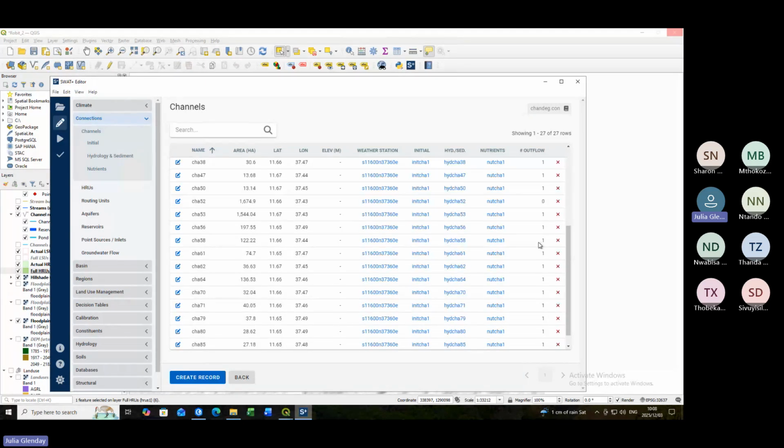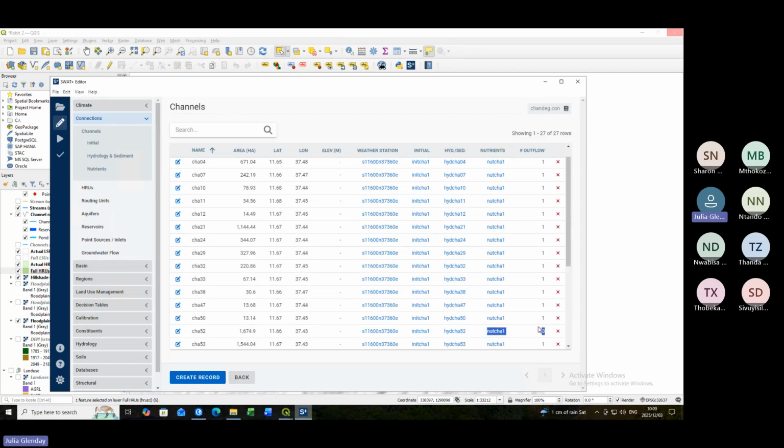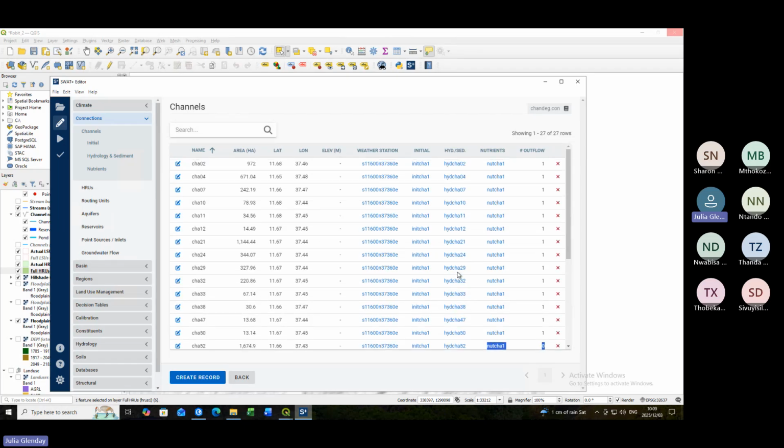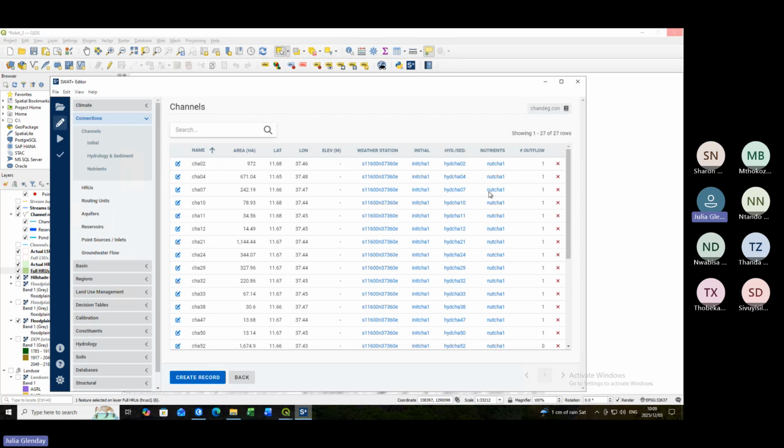And then it has outflow, and then this one doesn't have outflow because this is going to be an end. This would be the end. So I guess channel 52 is going to be our final outflow from our catchment because you can see it has a 0 there. To see what's in these, so like I said, these are file names for the initial